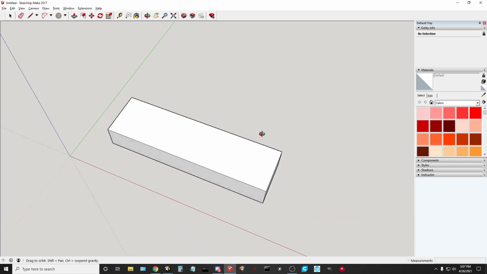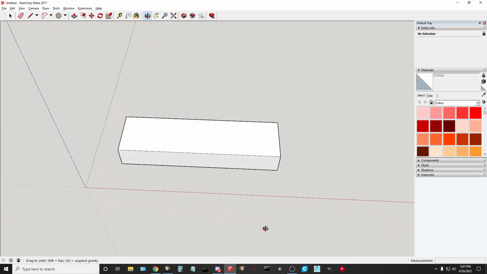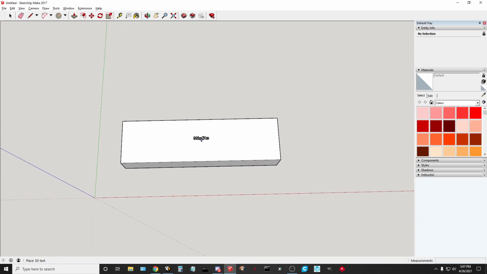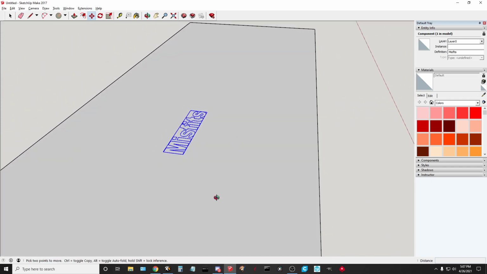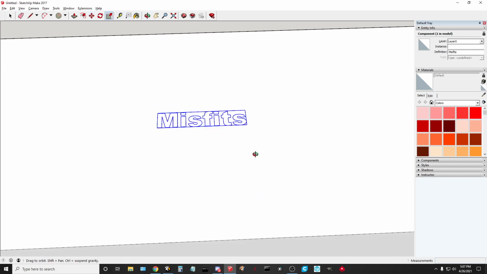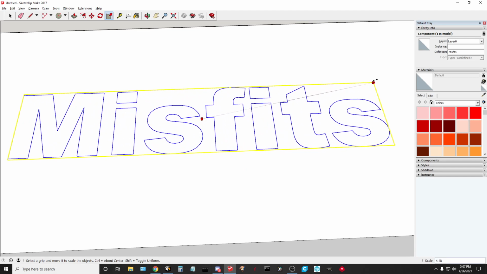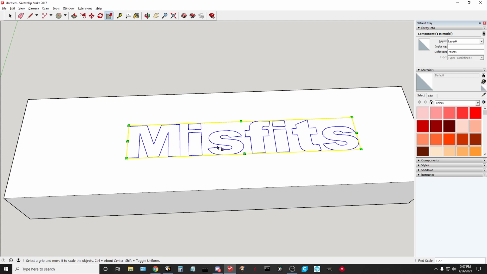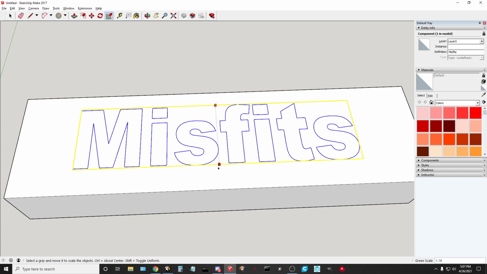Now it wants us to place it. Now we can go at the bottom down here, or since I want to add it, hello, to this, it's going to let me choose it's on the face, and it's just flat. Okay, now we can hold control and it keeps it centered. Make it bigger. We can just grab an end and not hold anything. We can go sideways, raise it up. So the size is really